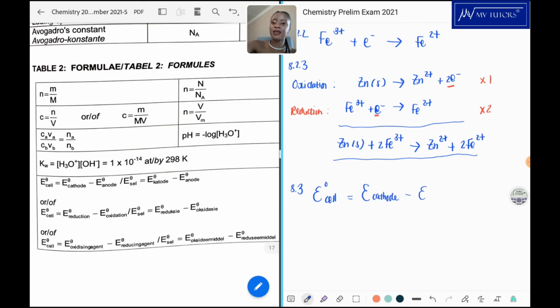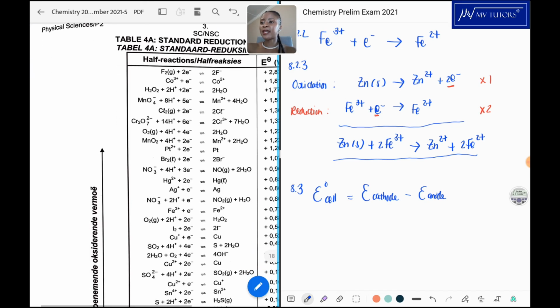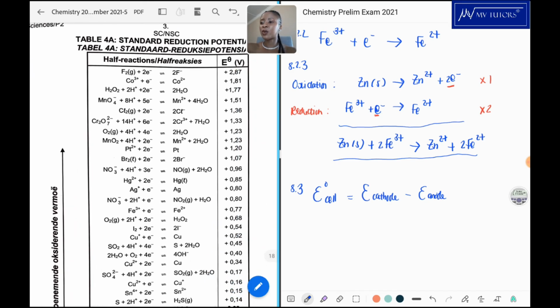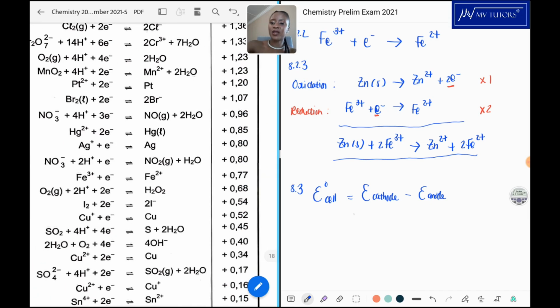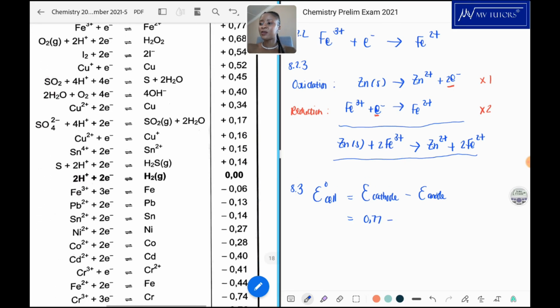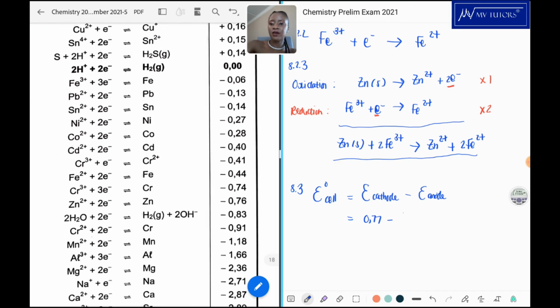Minus E anode. Okay, and basically what happens at the cathode, that is where we have our iron 3 plus going to iron 2 plus solution. Okay, so we have 0.77 for it. And at the anode we have the zinc. All right, where is the zinc? There's the zinc, which is negative